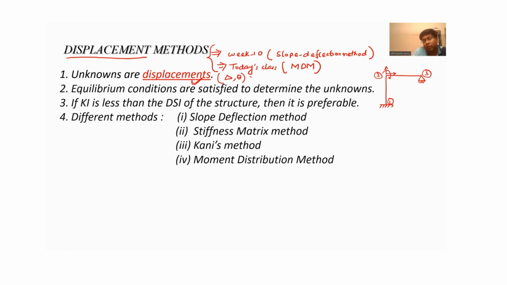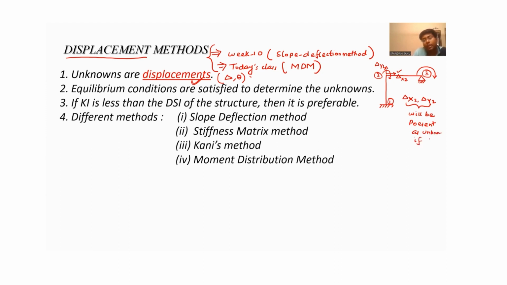Similarly, when you go to joint 3, you will have only rotational degrees of freedom. But this delta X2 and delta Y2 will be present as unknown